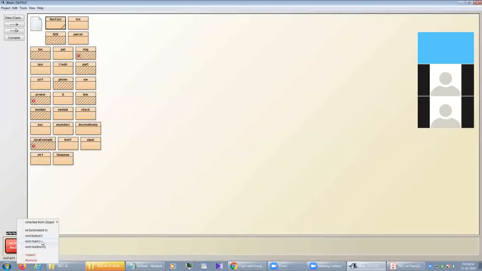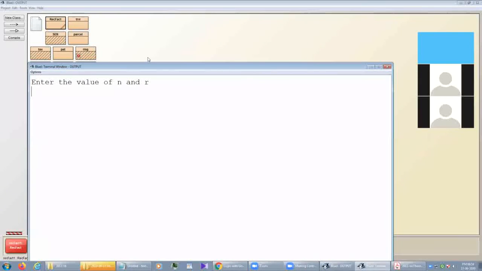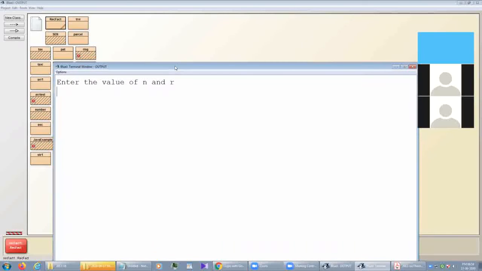But under void main we already called all the methods. If I click on this void main, it will ask to give the value of n and r. If I give 4 and 2, we will get the result, factorial of 4 by 2 factorial.